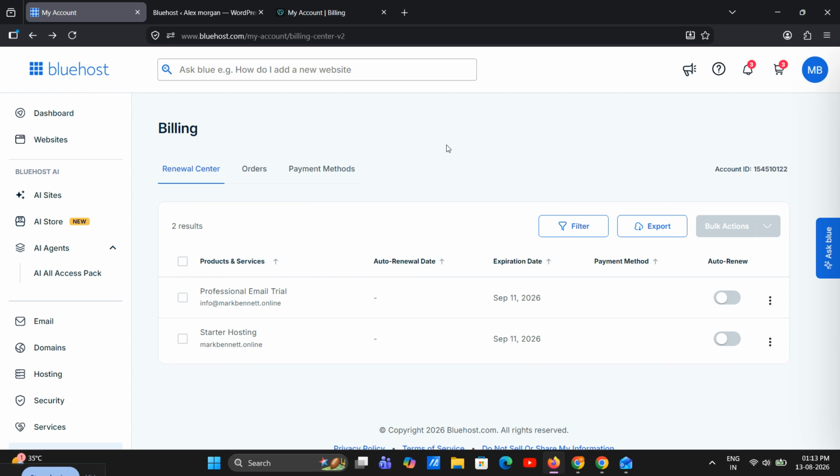Alright, let's jump into it. First, log into your Bluehost account using your normal username and password. Once you are inside your Bluehost dashboard, look for the option to open cPanel. Bluehost usually makes this easy to access from your account area, so click through until you reach the main cPanel